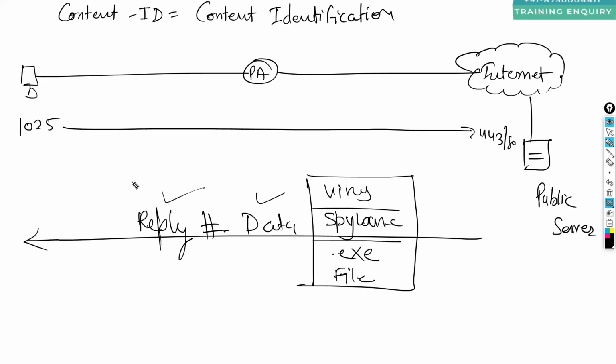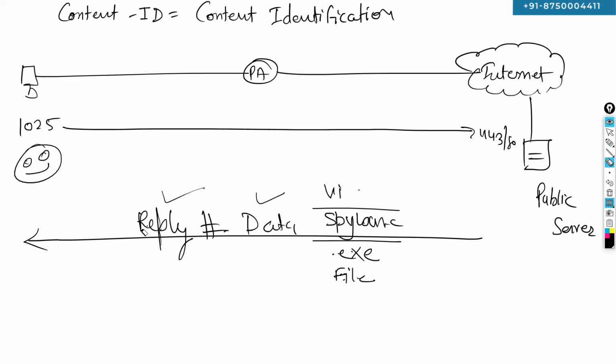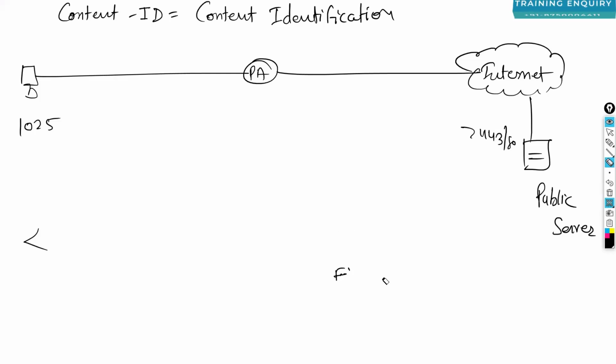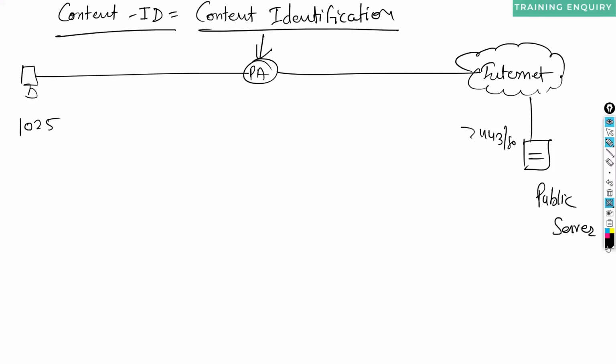Now we want to protect our network or user from virus, from spyware, from file and from data loss. To do so, we need to enable content ID. When we enable content ID, in content ID, we will enable here security